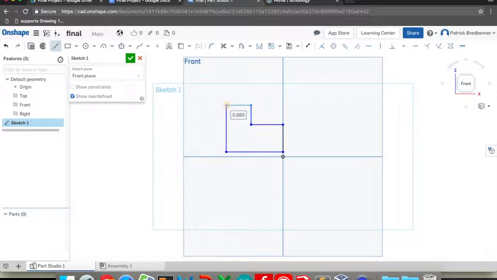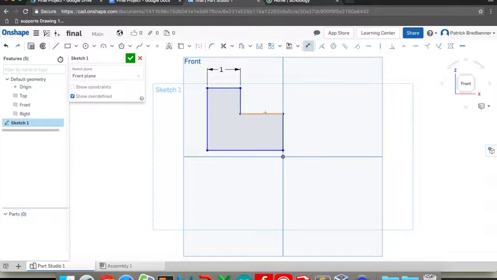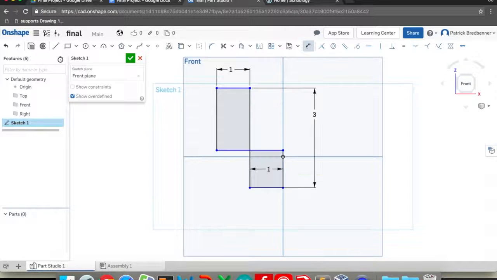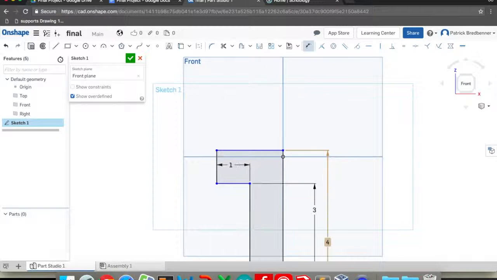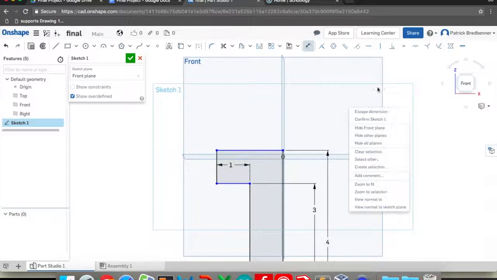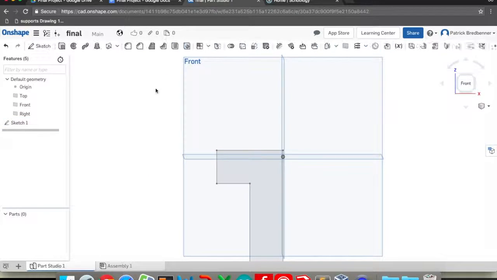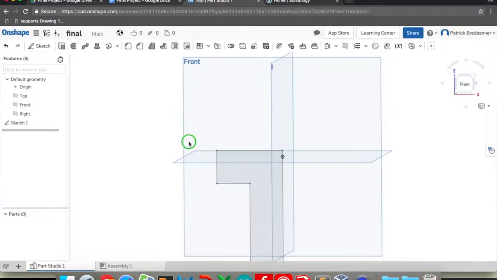And now once we have our object made, let's give it some dimensions just to make it a little different. So we hit our dimension tool, click on the line we want, and we can make it however big we want it to be or how small. Let's give some of these some dimensions just to make it look a little bit different. That's perfectly normal right there. You just hit 4 there, and then that should change it. So now we have this object that I made, which is upside down. Now that we're at the check mark,